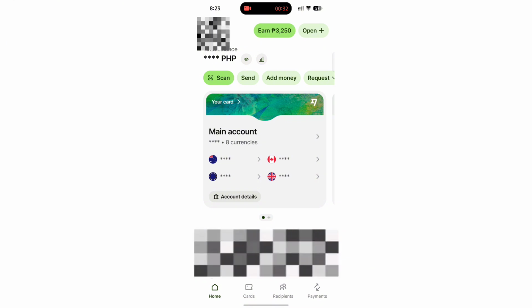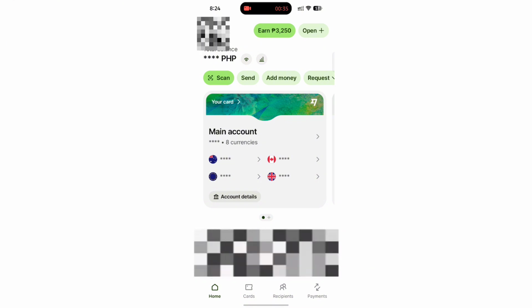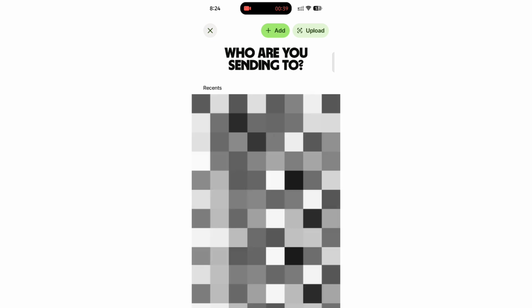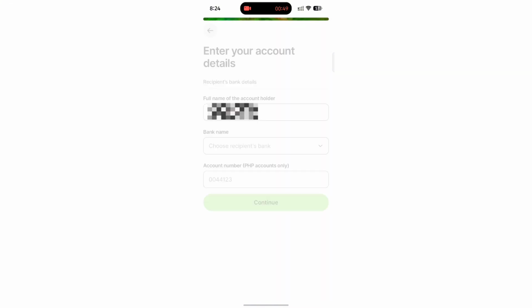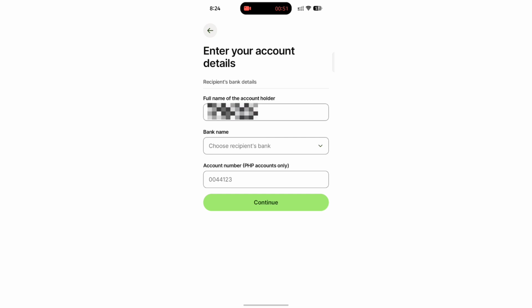Then from here, click on this send button, which you should find under your total balance. And then go ahead and click on this add button at the top right. Select the currency you want to use for transferring. Now select bank details and then select to whom you want to send this money to, and then go ahead